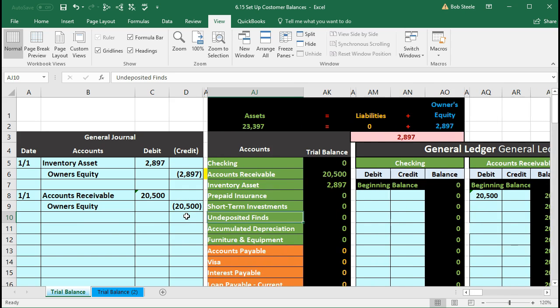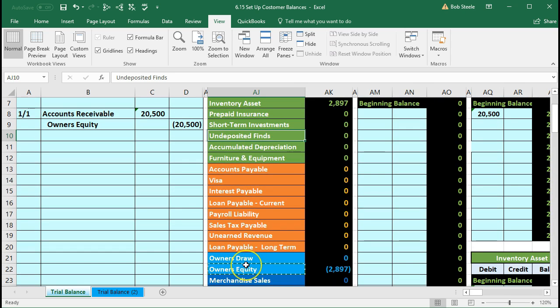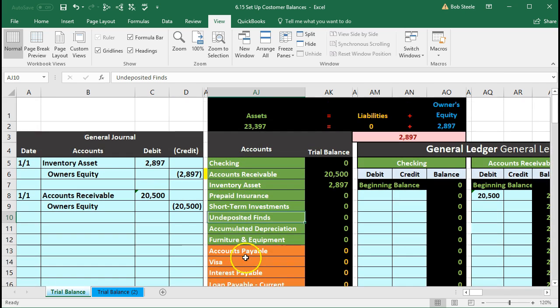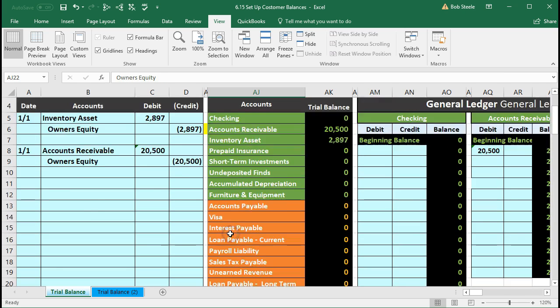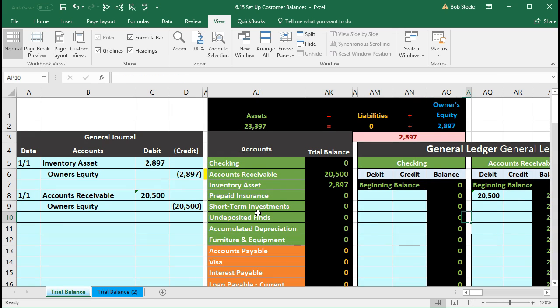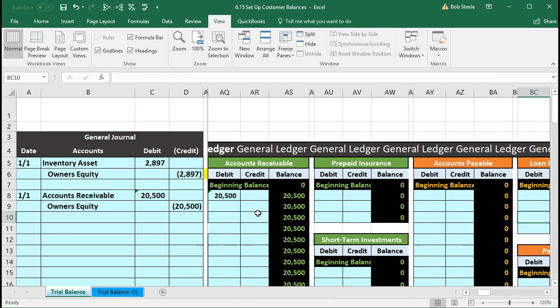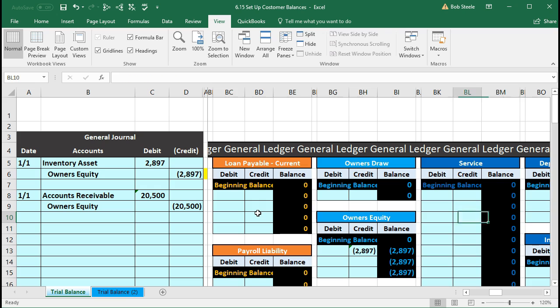So again, if I scroll back over here, that's going to be way down here. So it's going to be in the blue item. So it's in order assets, liabilities, equity. It's going to be in the same order over here. Here's assets in green, and there's the liabilities in orange, and there's the equity. So we want to be over here. I'm in cell BH14, and I'm going to say that that equals, and I'm going to point to this 20,500, and that's going to increase this equity account from 2,897 to